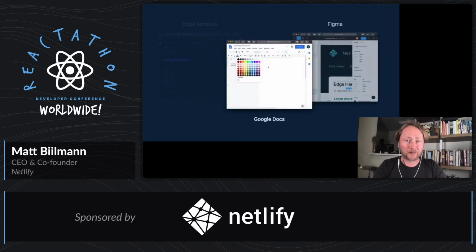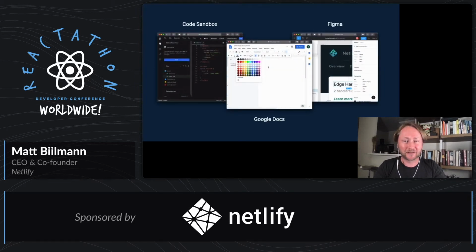When we think about web properties, 10 years ago, if I had gone to most designers and told them that today their main design tool will no longer be a desktop application like Photoshop and Illustrator, it'll just be a URL they open in the browser, they probably wouldn't have believed me. But with tools like Figma, that's really becoming the case. Office suites, coding environments, the modern browser is an amazing, powerful platform that we can build deep and engaging user